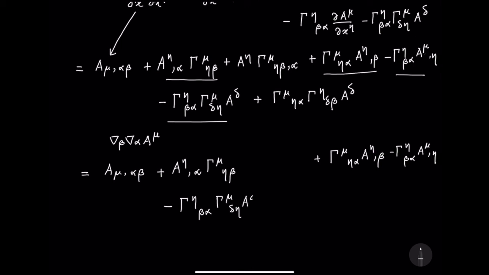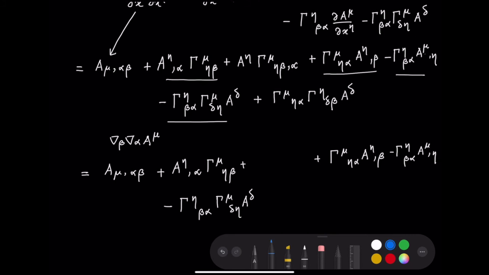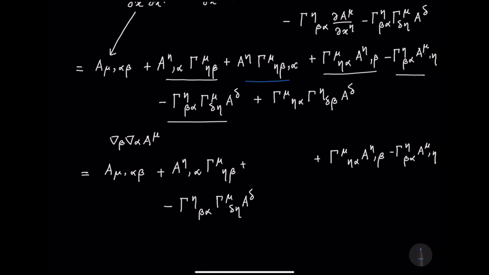It looks like we have almost every term similar, but then you realize that that's not quite true, because this term is completely different. This becomes A eta gamma mu eta alpha now, then beta. And this last term is also different. This becomes